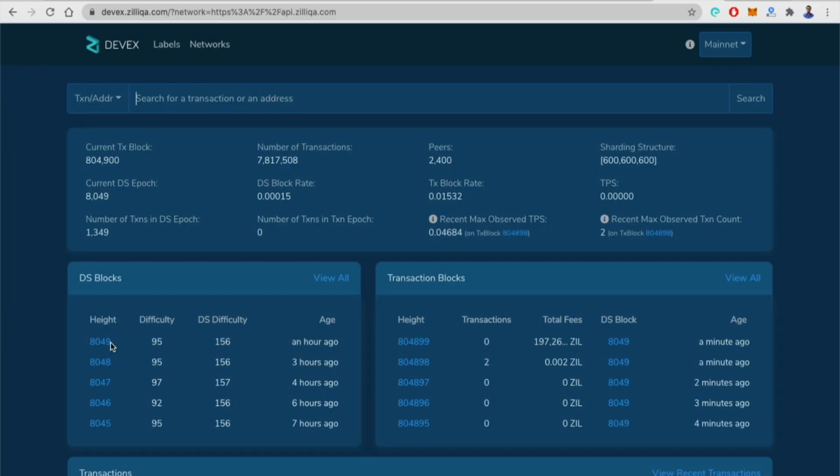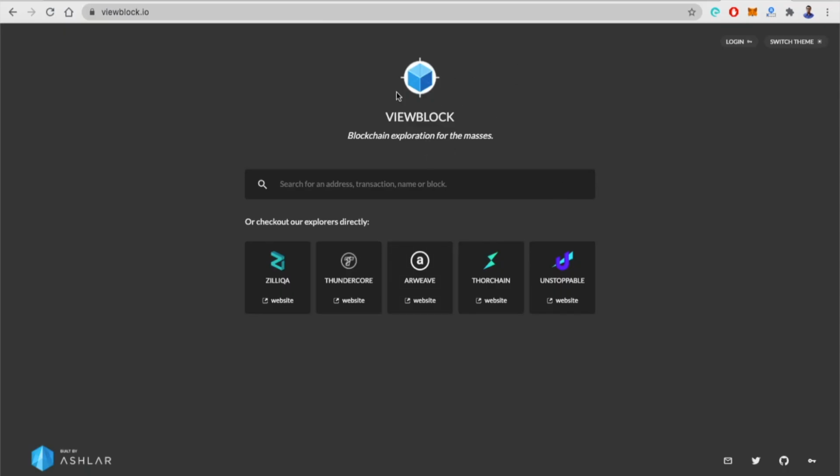You will need a block explorer to look for blockchain transactions, and we have two block explorers for the Zilliqa blockchain. One is DevEx, another one is ViewBlock. DevEx is more of a developer focused block explorer, and it's integrated directly into the IDE. And this allows you to look at contract events, messages, and so on and so forth. And you'll use this multiple times when you're deploying your contract and even when you're looking for transactions on the blockchain. This is how the ViewBlock Explorer looks.